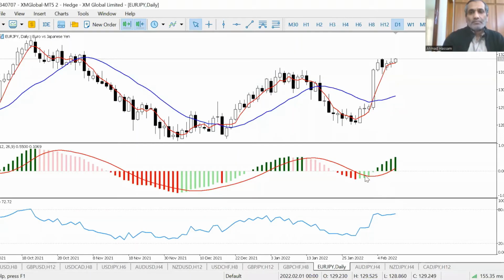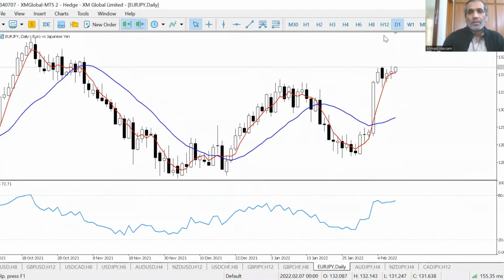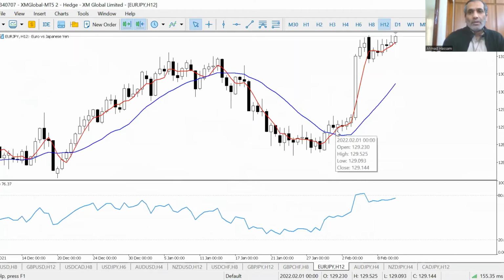This is a Euro-Yen chart. Look, Euro-Yen from here made a movement of more than 300 pips. It was a big move.